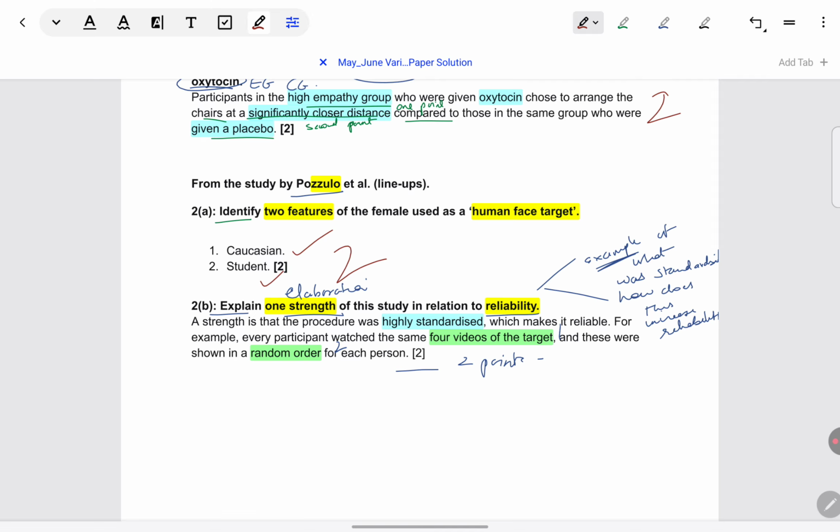In the Pozzulo et al. study, in fact, there are many examples you can give, so there are no hard and fast rules of which examples you have to give. If you say it was a standard pointing task, each child had to consistently point at what they thought was the target, that also counts as standardization. If you mention anything about the lineups, that was standardized, like always there was a silhouette in the lineups, that also counts as standardization. So, any examples, as long as you give examples. So, because the examples are given and it is mentioned how this is increasing standardization and thereby increasing reliability, the candidate gets awarded 2 marks.